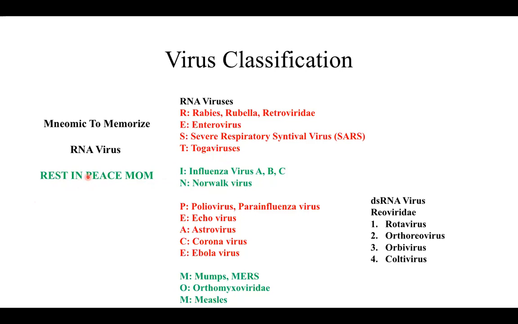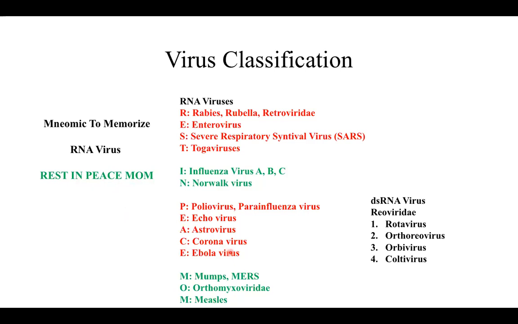The first letter of peace, P, stands for the poliovirus or the parainfluenza virus. The second letter of peace, E, stands for the echovirus. The third letter of peace, A, stands for the astrovirus, and C stands for the coronavirus,